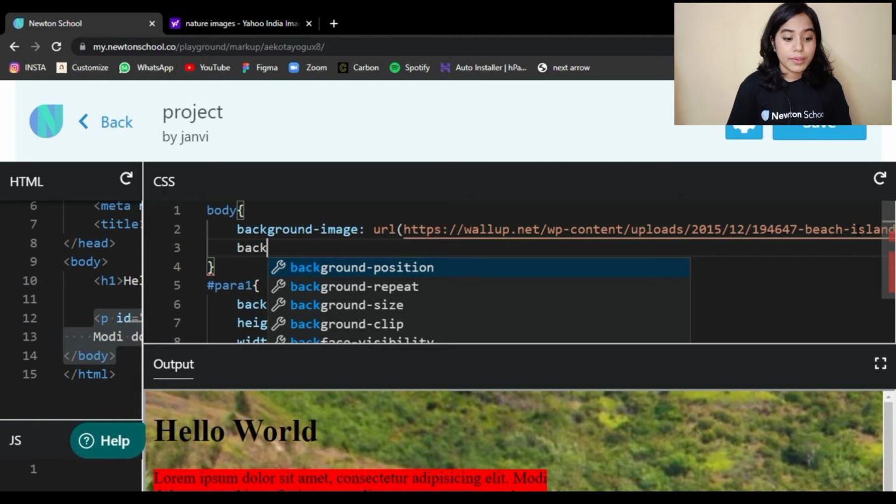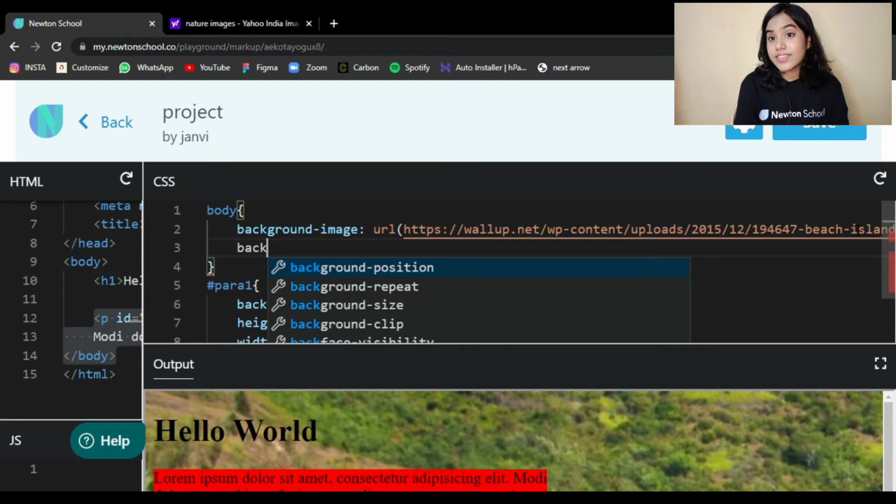How? Let's see. We just have to write the background-image property and then url, and then we put parentheses, and inside that parentheses we give the path, relative path or absolute path.